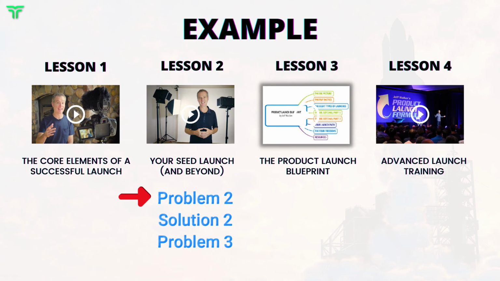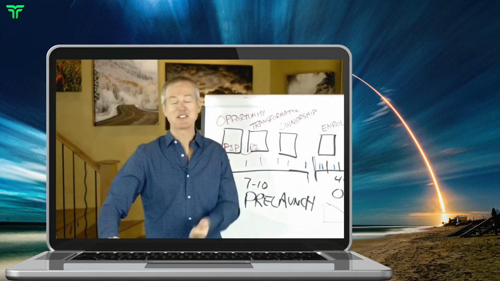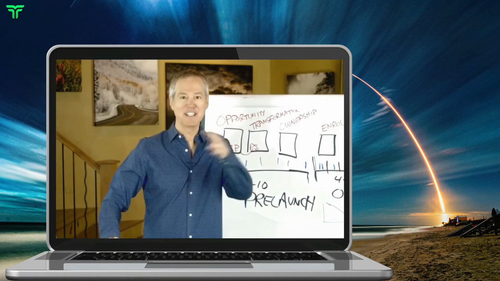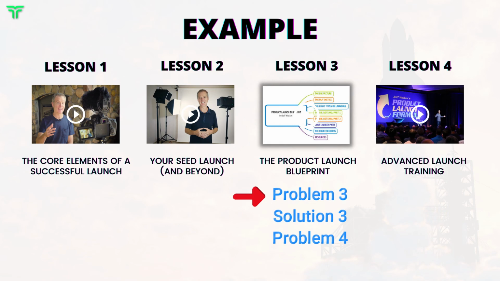So then we come back in here and I reiterate what that problem is. Okay, well, there are 3 types of launches and let me walk you through them. And then I actually teach all 3 launches. Again, at a 50,000 foot level, I can't be super granular, but I teach the 3 types of launches that are most popular, and I let the viewer find which one works best for them. Then, because every solution has the seeds of the next problem, I define what the next problem is. In the next one, I'm going to walk you through the nitty-gritty step by step.